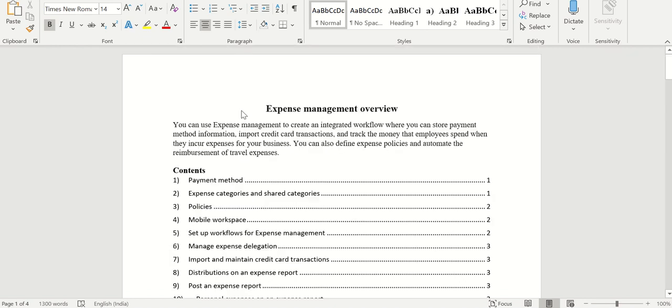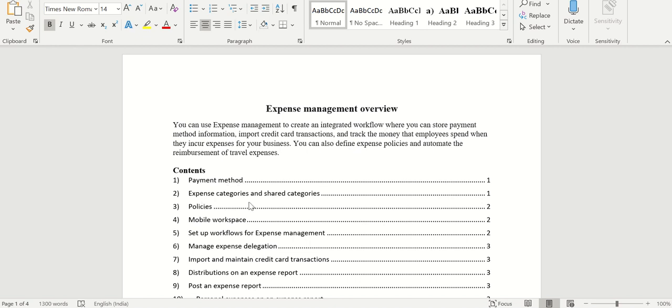So the first thing required by the organization to use this module is the payment method. Basically, what is the payment method that the company is ready to pay the employee? It can be credit card payment or cash payment. Generally, these will be the two methods used. Credit card, because every employee will have a credit card, so the company has to pay the credit card bills. And sometimes if there's any personal usage, you want to pay by cash payment. So that's the payment method.